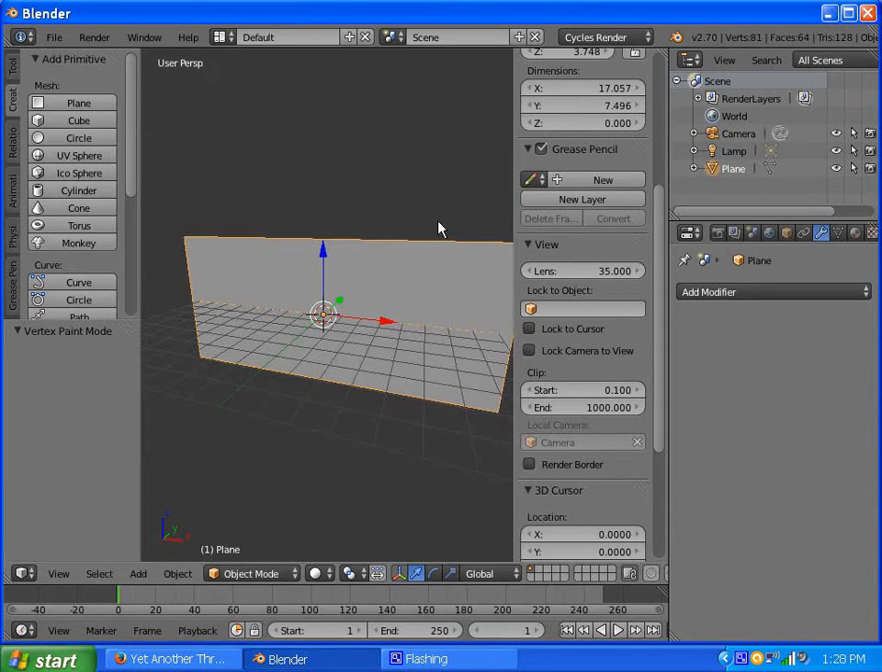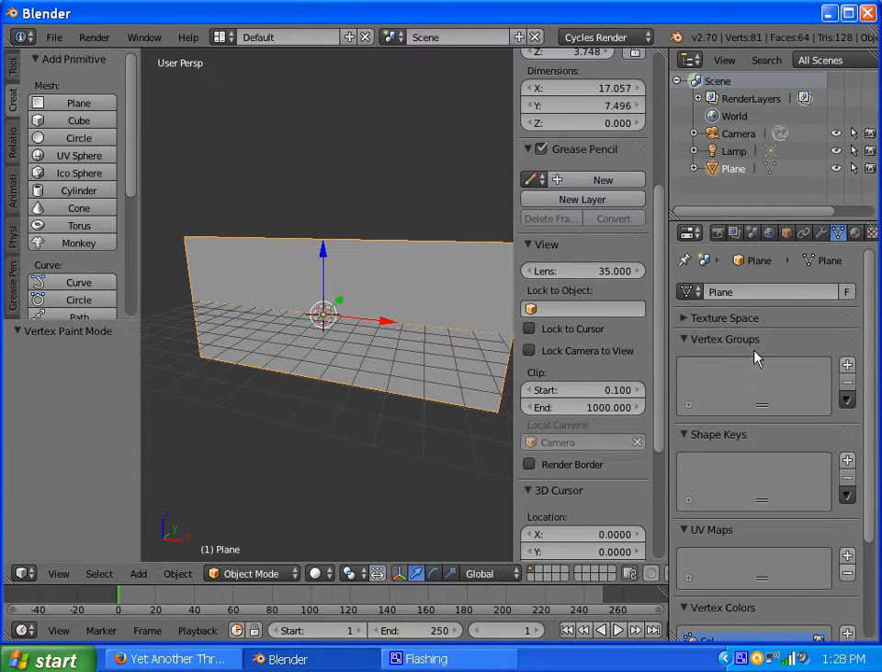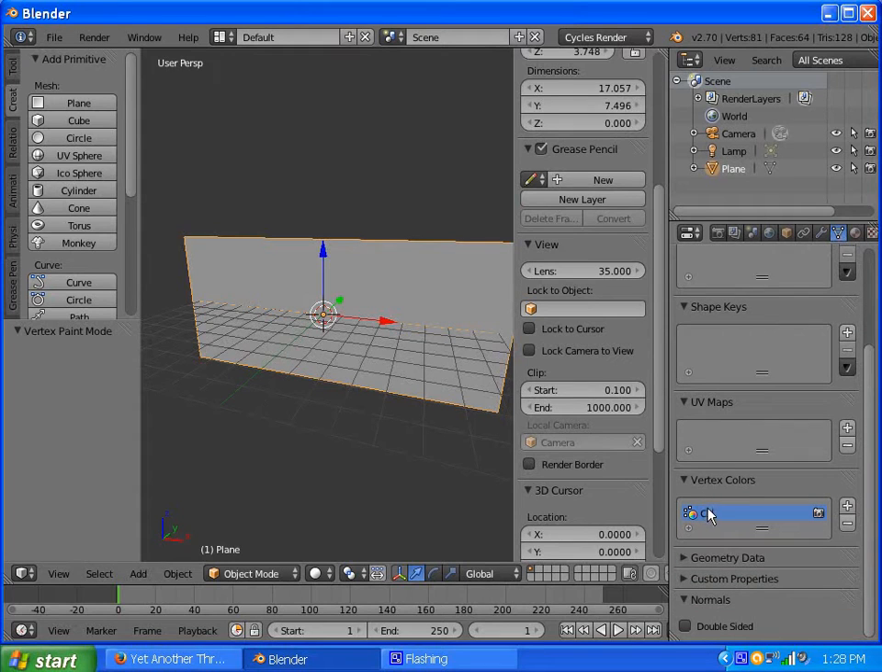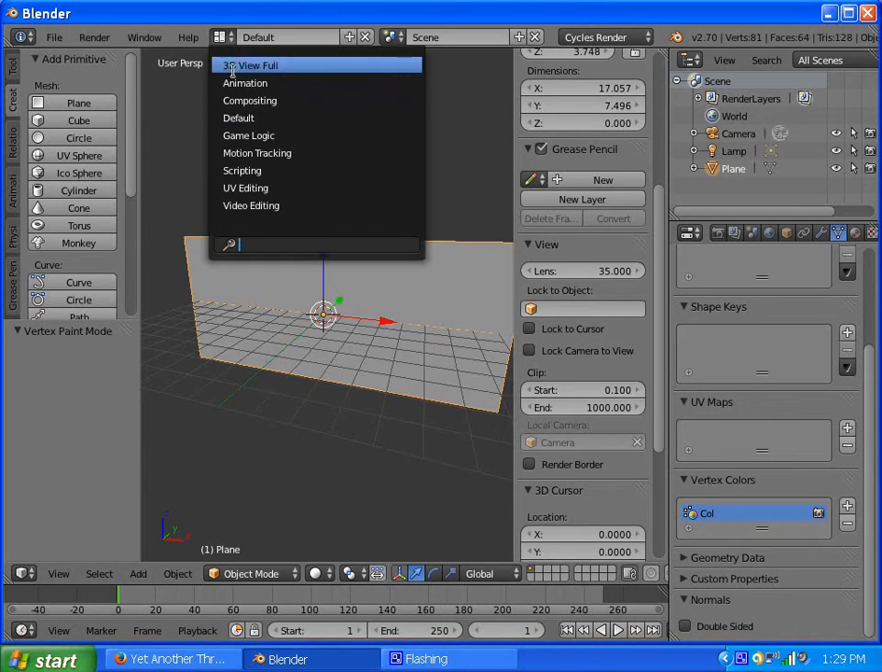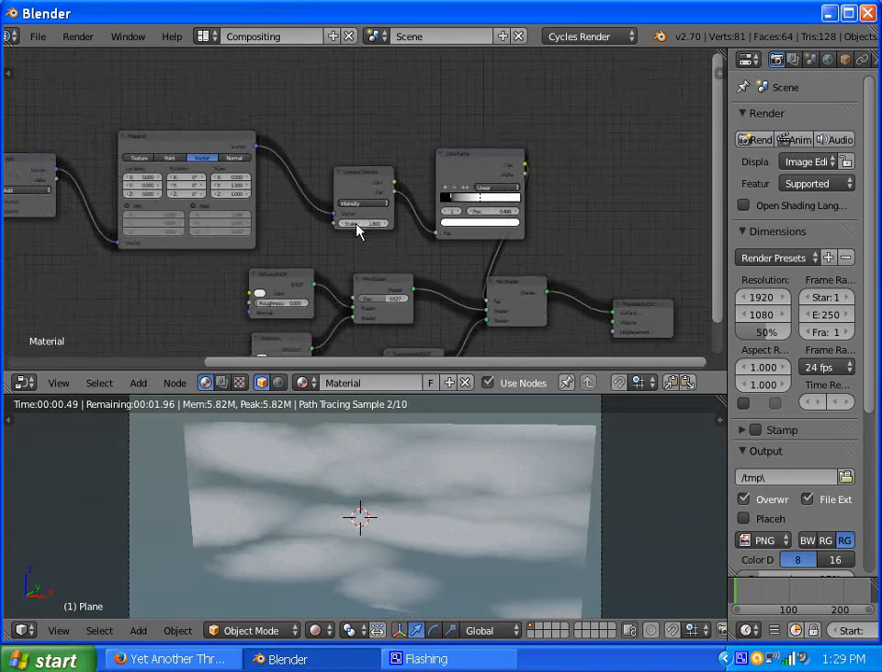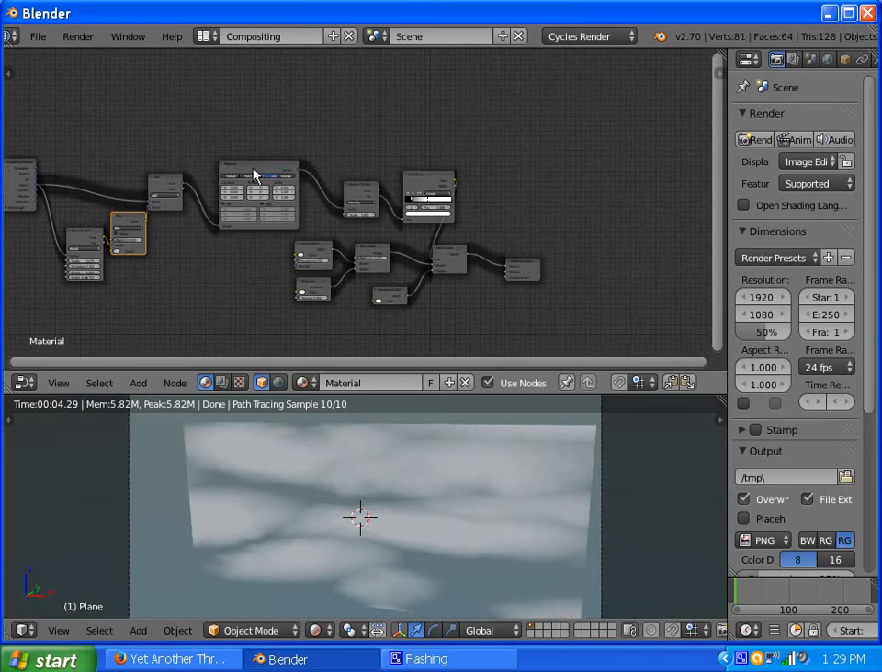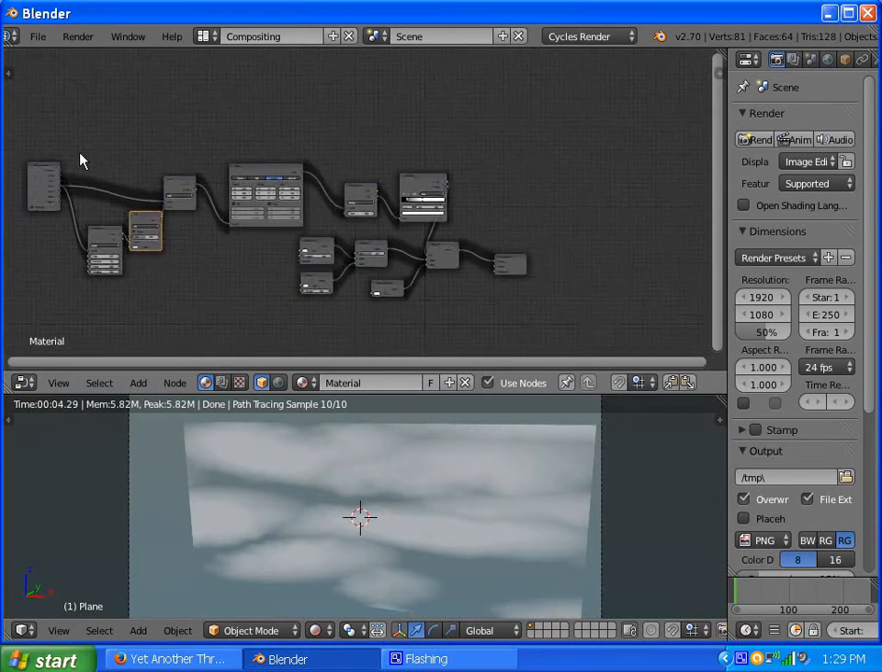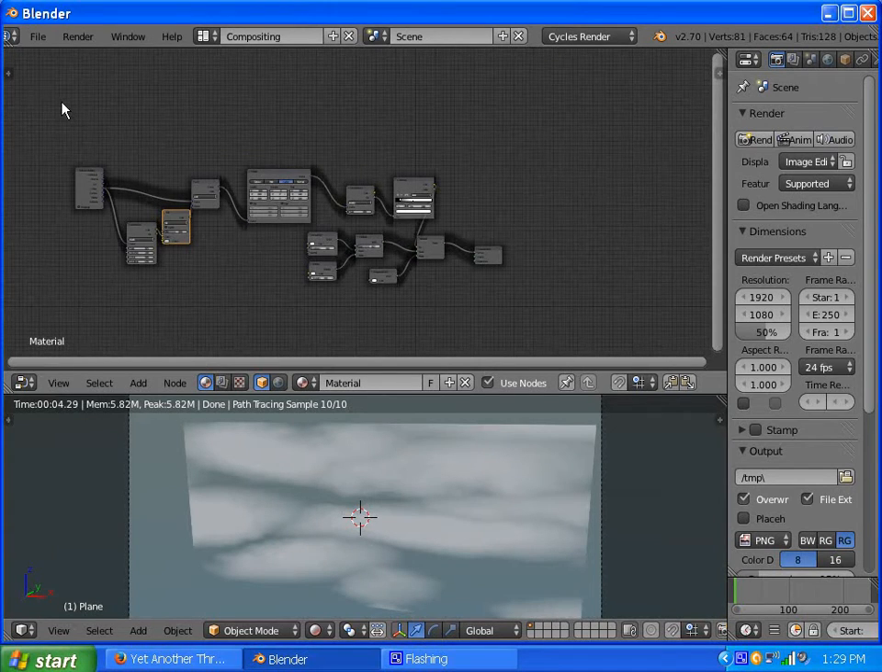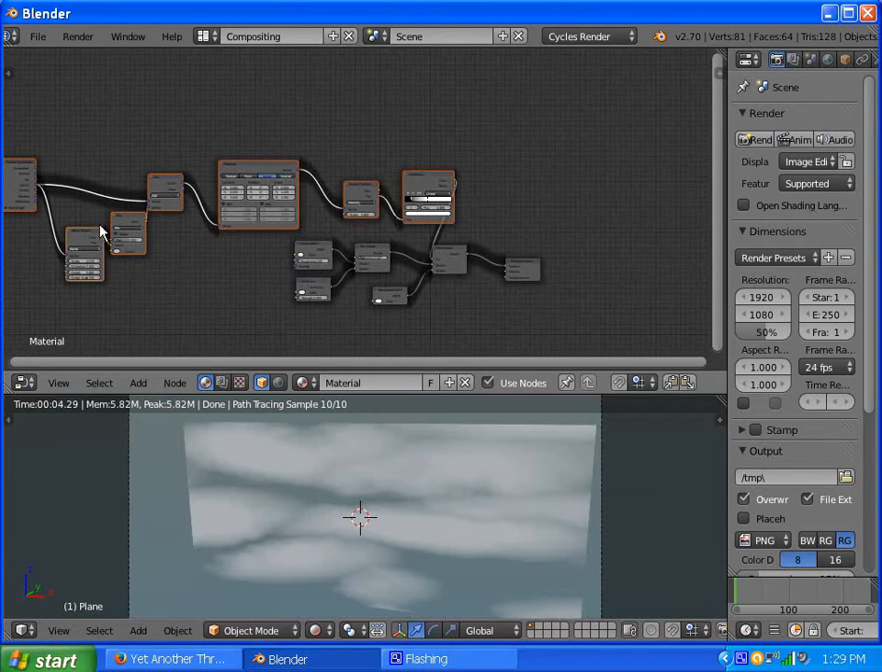Anyhow. Now that we got that done, we can go under our vertex information, and our vertex colors is listed as col, which is short for color, I guess. And we'll go back to our compositing, and what that does is all this stuff here for our cloud shapes. So if I were to box select all this stuff up here, alright, all that's selected,